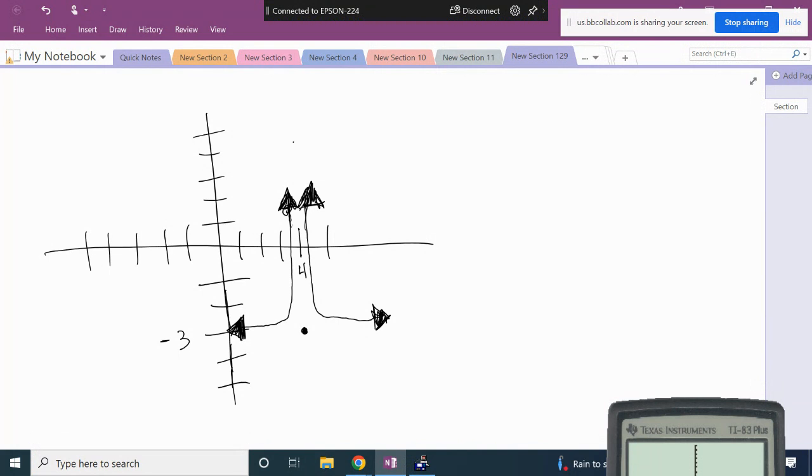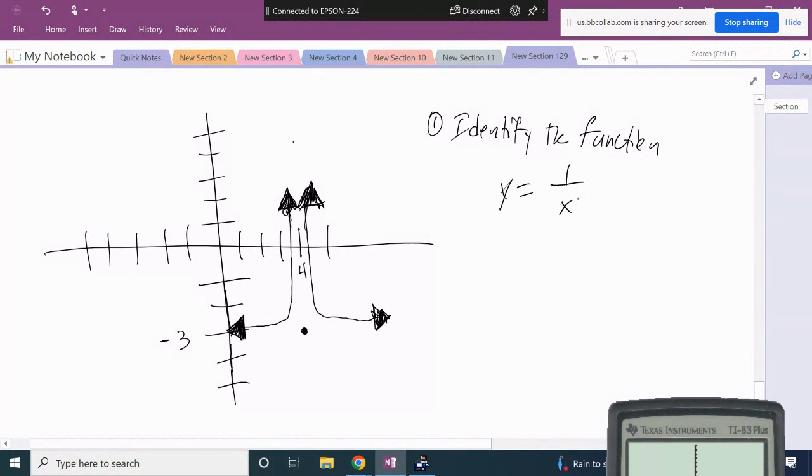All right, so the first thing we have to do is identify the function, right? So based on our functions, this would be the reciprocal function. So y is equal to 1 over x squared, right? So that basic graph will look something like this. Okay, the second thing we're going to do is identify